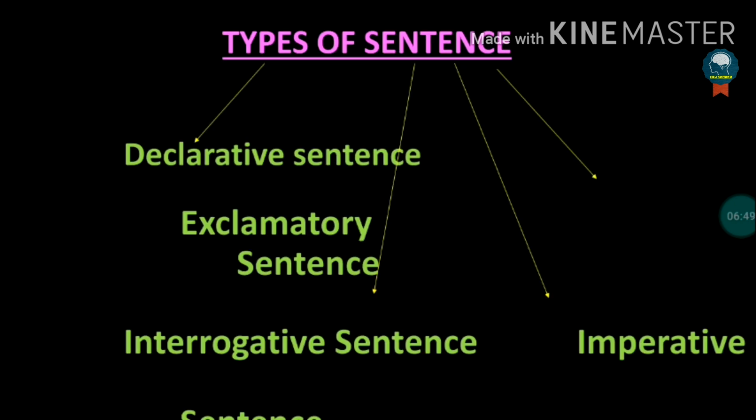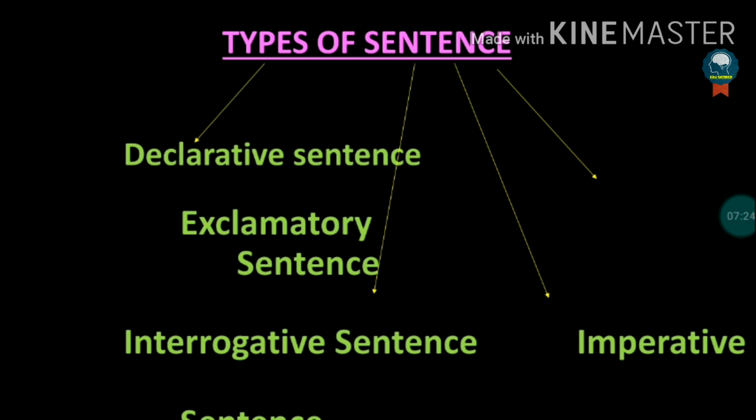Here let me inform you that the meaning of any sentence may be different on the basis of different expressions. Now this expression may be of a statement, a question, a command or any exclamation. So based on different meanings of sentences, we divide a sentence into 4 types. Number 1, declarative sentence. Number 2, interrogative sentence. Number 3, imperative sentences. And number 4, exclamatory sentences.